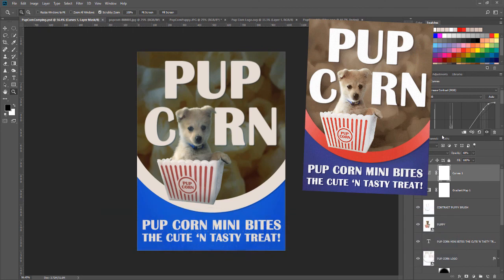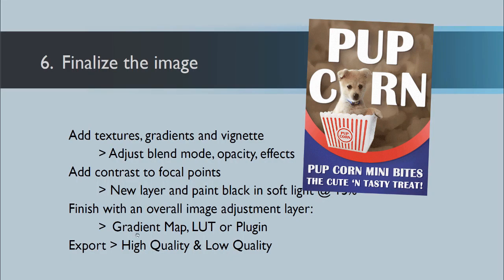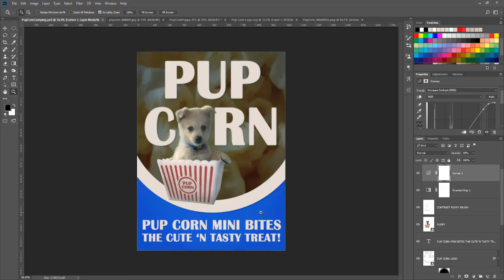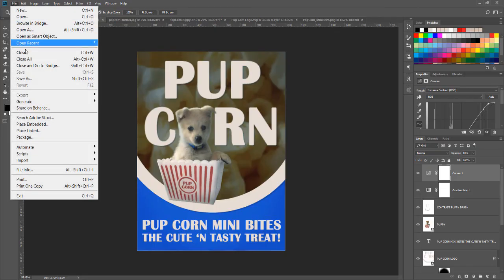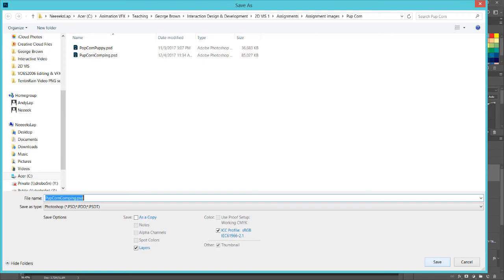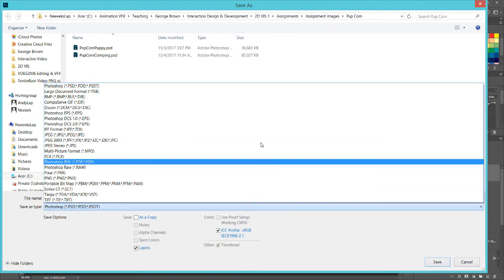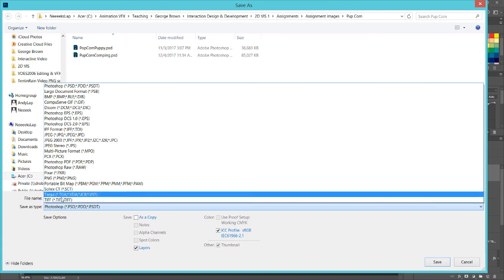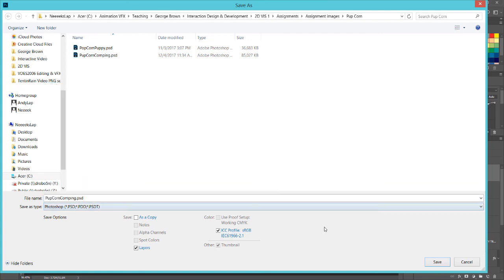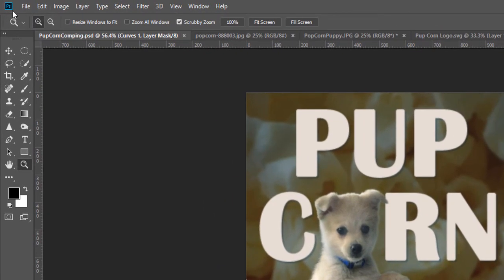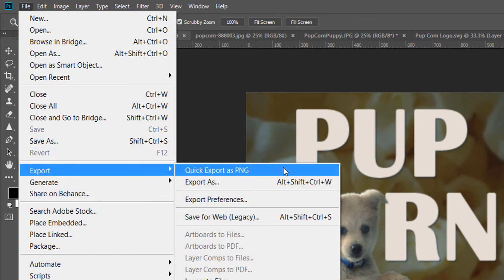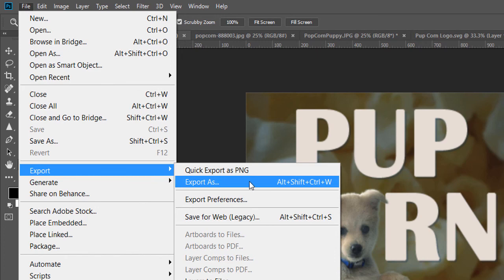Don't forget to save it and export. So what we want to do is export our high quality and low quality. So high quality is basically just a save as, right? And save as, you can save it as a JPEG, or if you're going super high end, go with TIFF. If we want a low quality, go File, Export, Quick Export as PNG, or better yet, go to Export As,